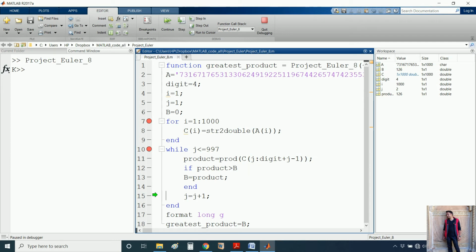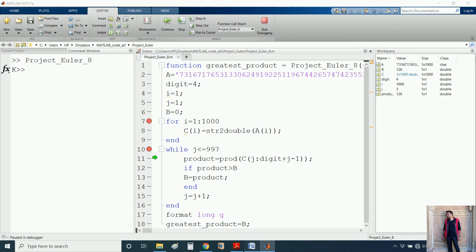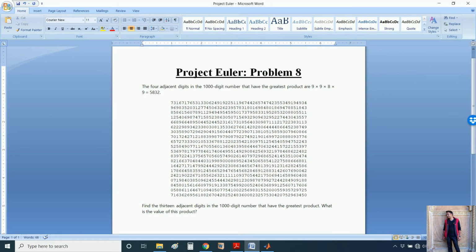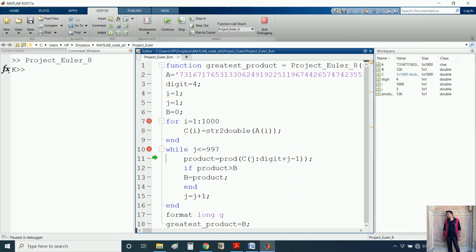Now j will get updated to 3. J is 3. Okay. Now in the third iteration, we have to check the product of these 4 digits 1, 6, 7 and 1, starting from 3 and ending at 6. Okay, so j is 3, digit is 4, so 3 plus 4 is 7, 7 minus 1 is 6. So we are starting from 3 and ending at 6.